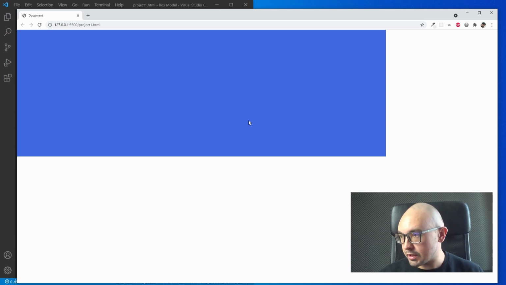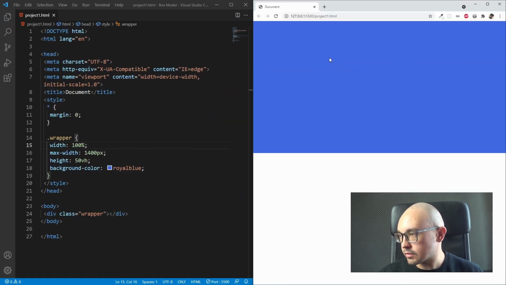So we want it to be always in the middle of the screen when our screen is bigger, I mean wider than 1400 pixels. What we have to do to achieve this goal is to set the margin property to our wrapper. So let's do it. Let's place it here, because as I said before, in our CSS rules, we should place,